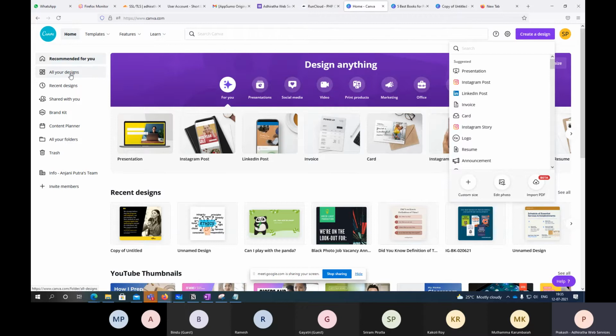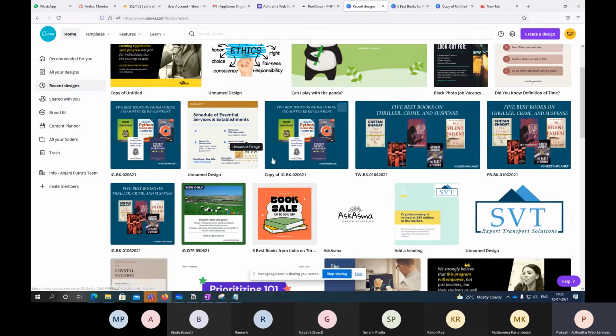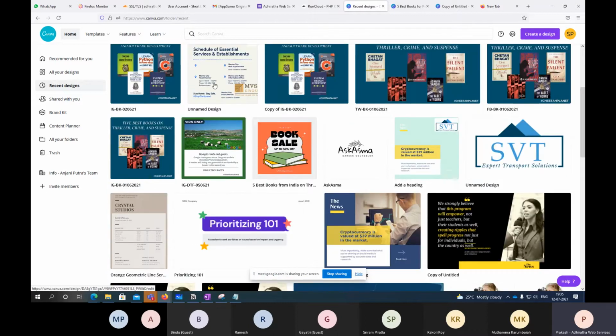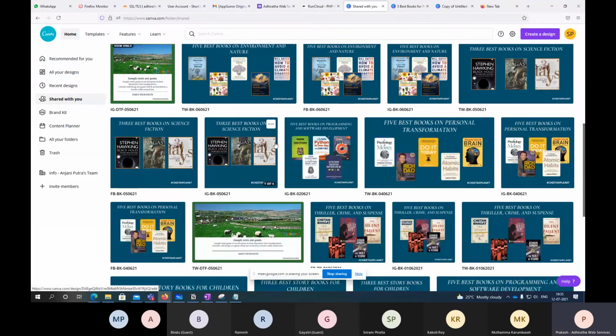So if you can see here, this is all your designs, recent designs, what all things you worked on recently. Now this is done not by me, it is actually done by the students of our last batch. They are the ones doing these designs. So I can monitor here who is attending, who is able to do it. If they are making any mistakes or corrections are needed, I can do all that from my screen itself, because I created one folder and shared it with the team. So these are the things the team is doing on an everyday basis.